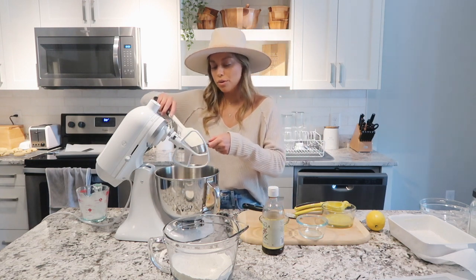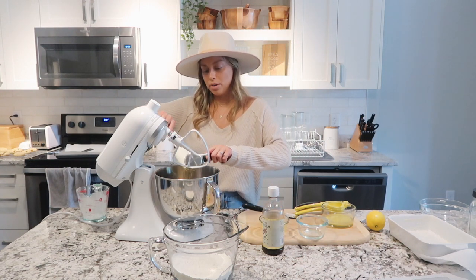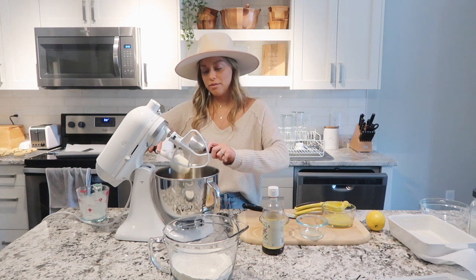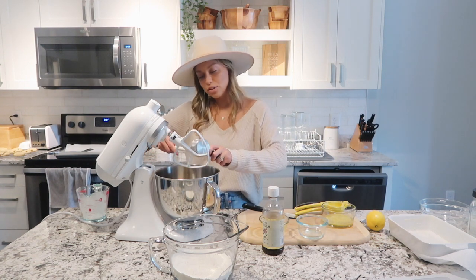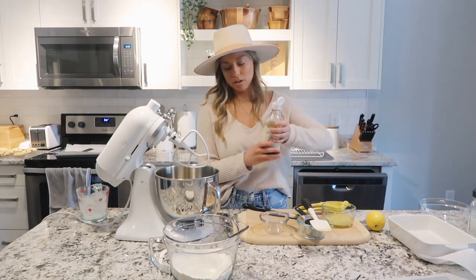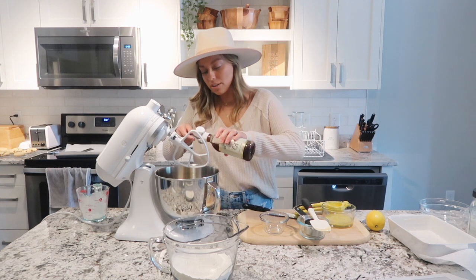So you can choose what you would like to do. I personally like to do honey, just because it's got some good health benefits along with being really nice and sweet. I'm gonna add 2 eggs, 1 teaspoon of vanilla extract,